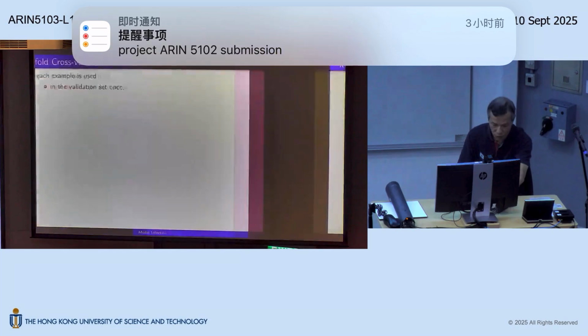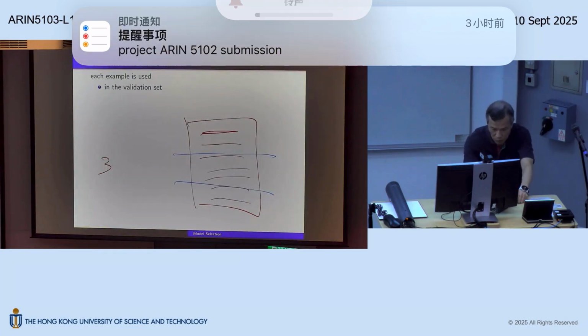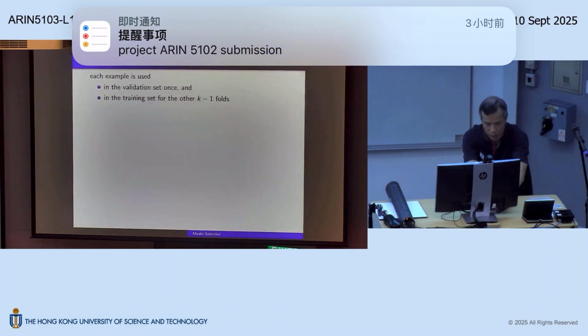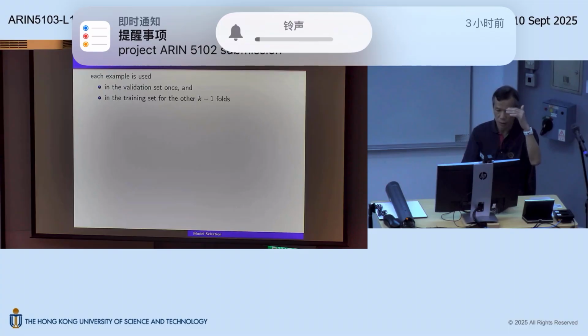So again, for the threefold example, how many times will this sample be used? You have to do the training and evaluation 3 times. This sample will be used for evaluation once, and used for training twice. So in general, it will be k-1. That means each sample will be used in the validation set once and used in the training set